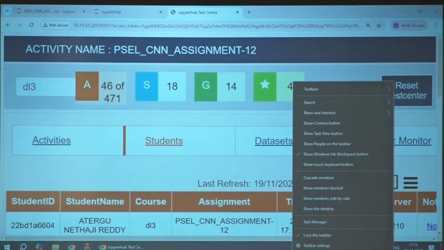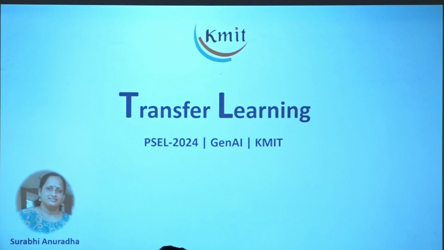So, training accuracy is 50, test accuracy is 50. So, very less. Can you guess the reason why? Can you analyze the reason why? One simple reason. Anybody?